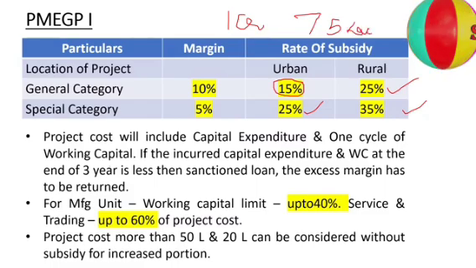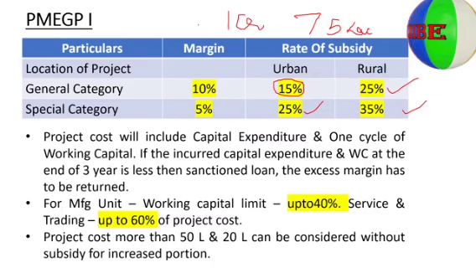Whether that can be financed under PMEGP or not, and whether subsidy will come or not? Can you comment? A customer is having a project cost of rupees 1 crore, and the bank is giving a loan of 75 lakh. Can it be considered under PMEGP? Yes or no? First comment I received, no. Can be, yes. So till now I have received only 4 comments. Can be financed, subsidy will be the fixed amount only. Yes, subsidy is for 50 lakh.